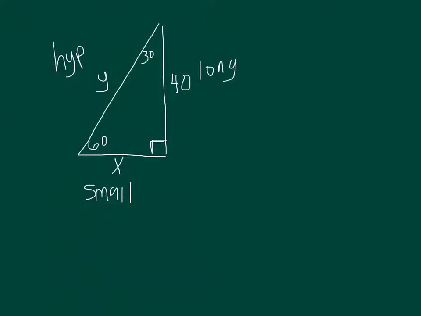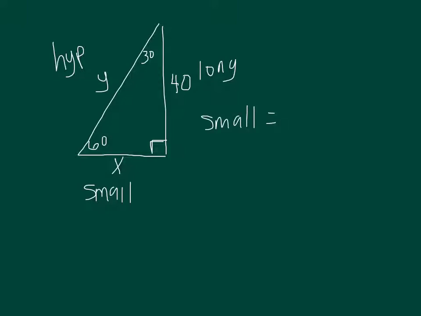Okay, so once we have those all labeled, now we can say what do we have and what are they asking us to find. So we are given this time the long leg, and we need to find the small leg and the hypotenuse. If you're given the long leg, then it's a good idea to try to find that small leg first, because once you know the small, then you can find the hypotenuse by doubling it. But we'll get to that in a moment. So let's do small